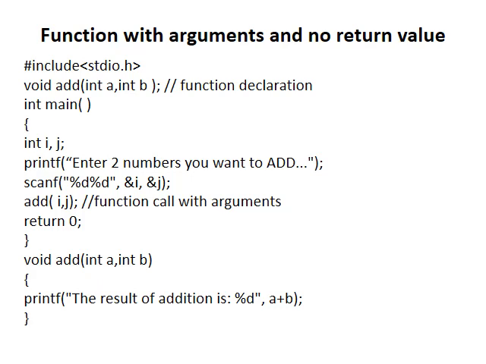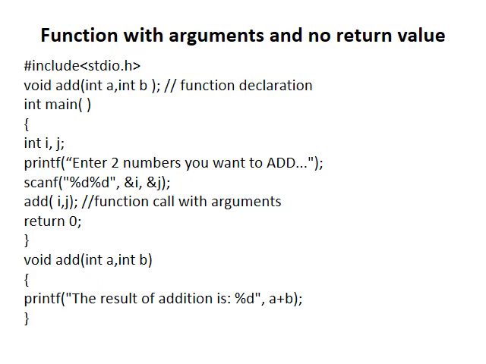Next, in the main function again, int i, j, two variables to accept the two numbers, then printf, then scanf, I will accept the two numbers and store them in variables i and j, ampersand i comma ampersand j. Then I will call the function here, this time add i comma j. So I am going to pass whatever input the user has given to the add function. So add i comma j.